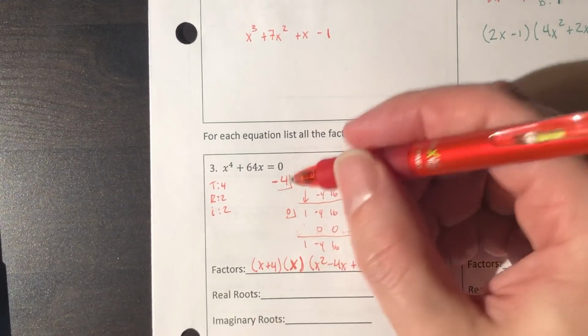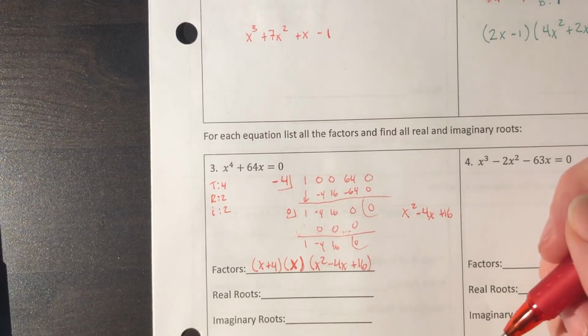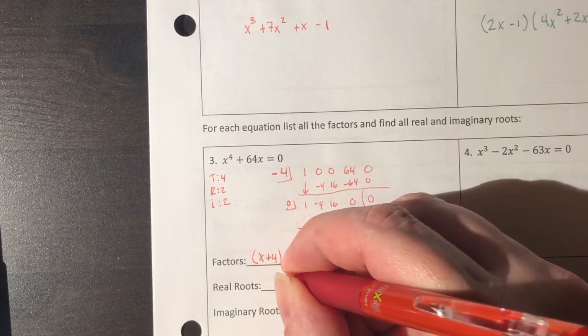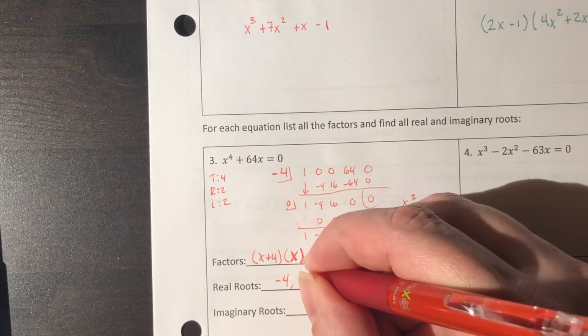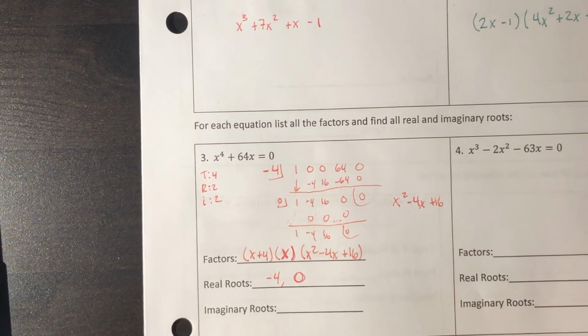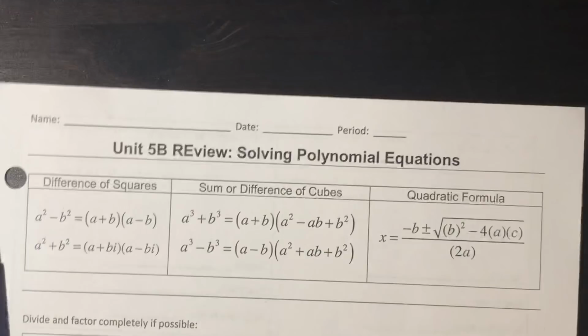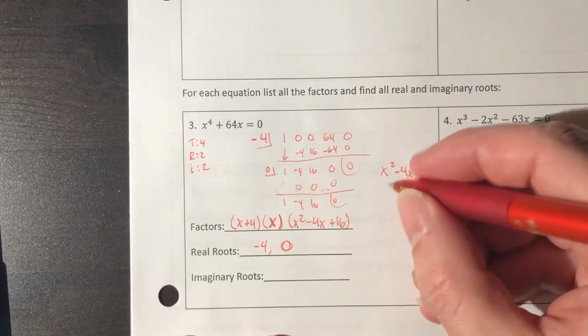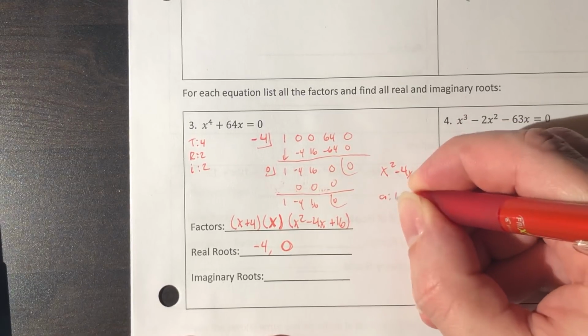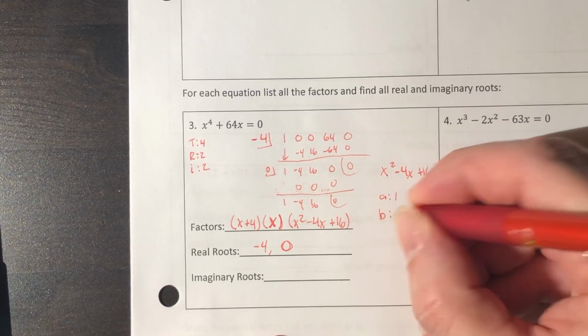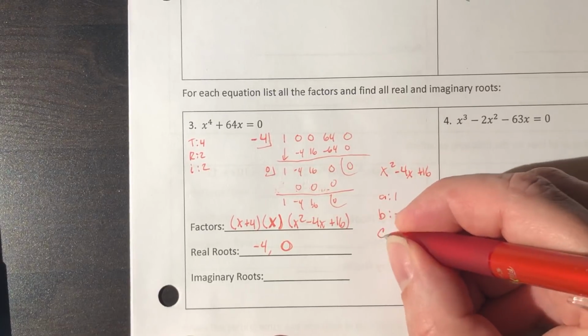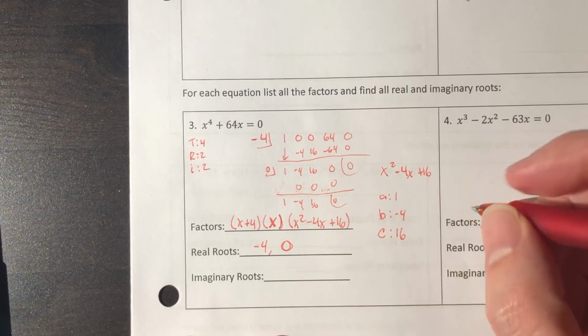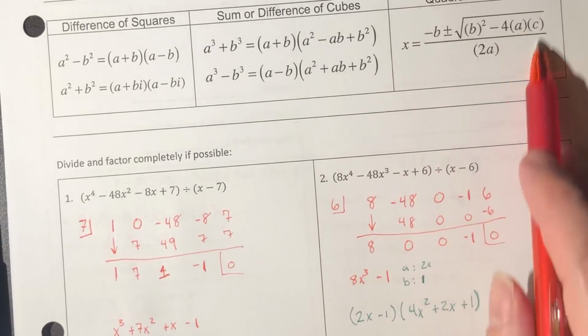So my real roots were those real values that I found, -4 and 0. To find my imaginary roots, you would need to plug it into the quadratic formula. So you'd have your a value is 1, your b value is -4, and your c value is 16. So plugging that into the quadratic formula there,